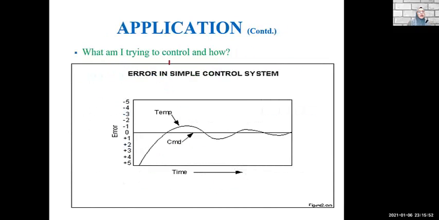This is the condition where the error occurs. So when we try to increase the temperature, it will increase, and let's say we want it to stabilize at a certain value. So when we increase the temperature, it will increase a little bit higher than the actual value that the user needs. So then we need to reduce. When we reduce, it might reduce more than what we expected. Then we need to increase a little bit, and it will settle down.